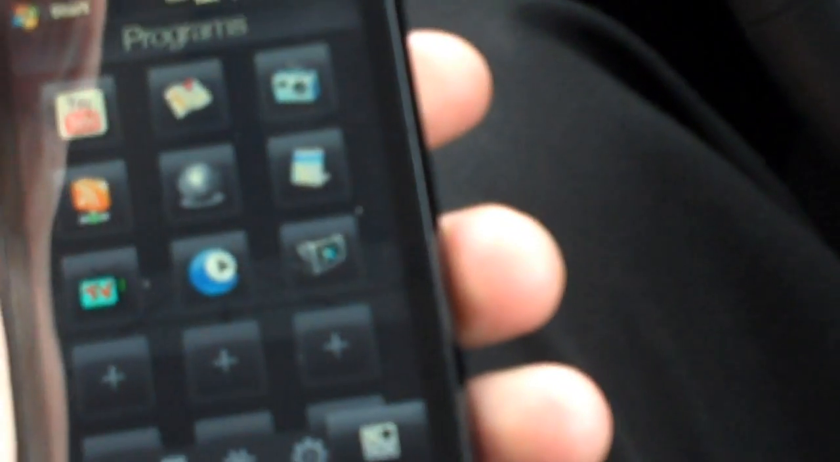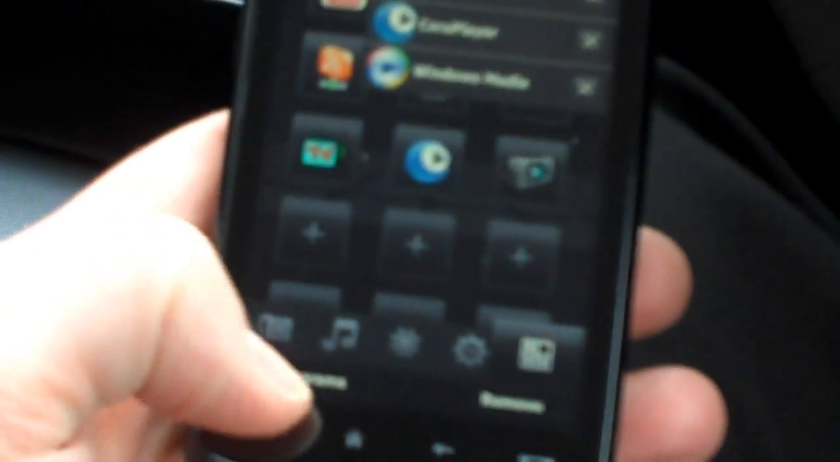So there we go, got the Office there, and that is being played on Core Player. So, just a comparison there. The HTC Touch HD is fantastic. The resolution is better. The screen quality is better. But on the iPhone, I